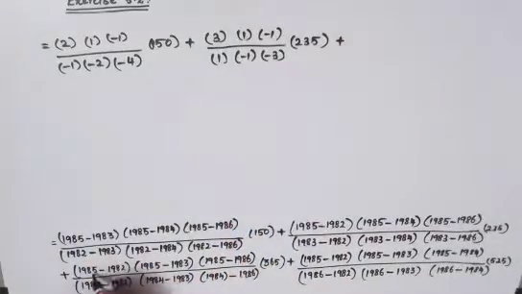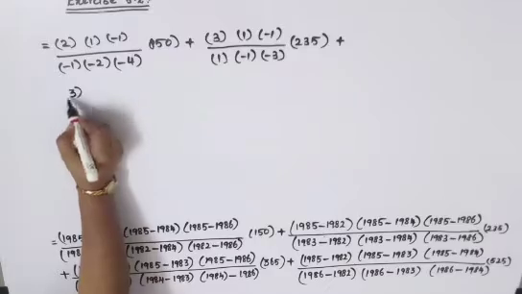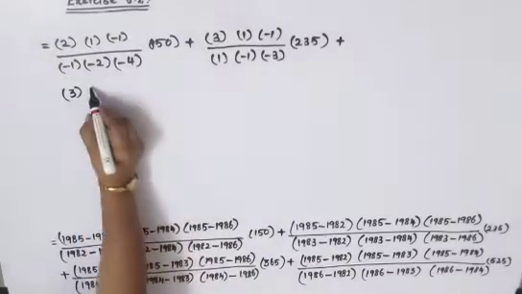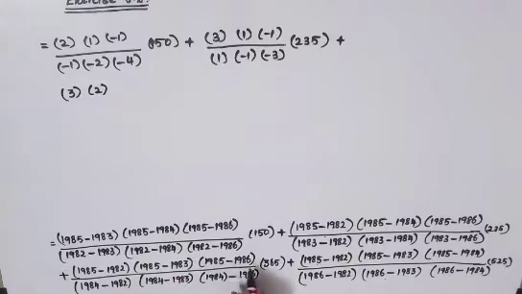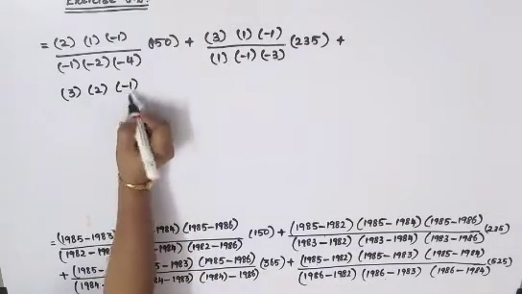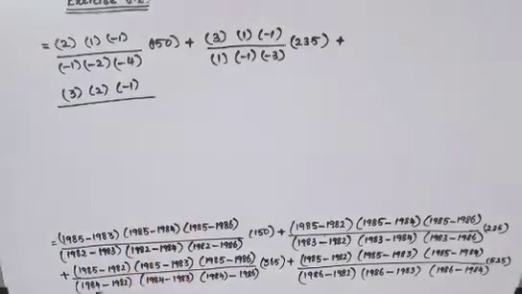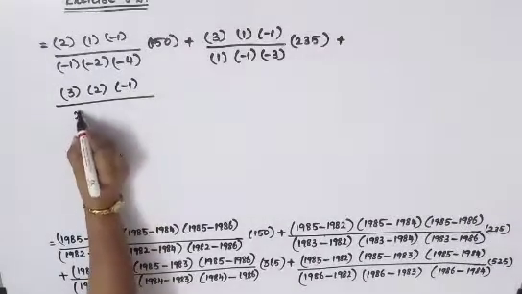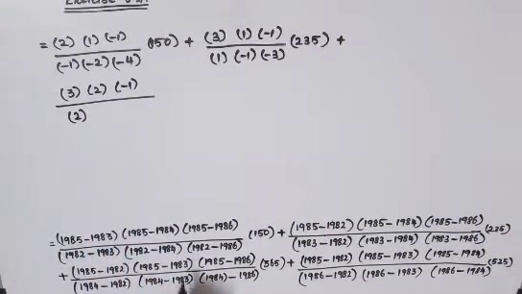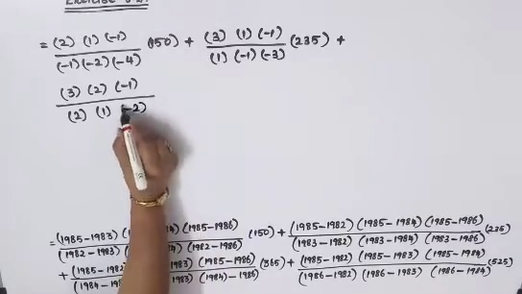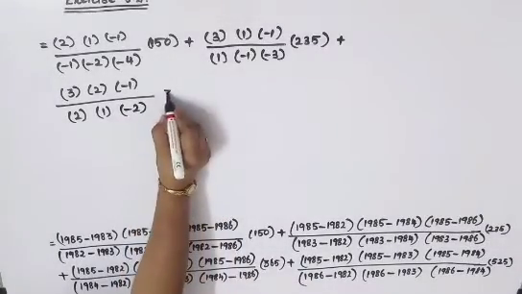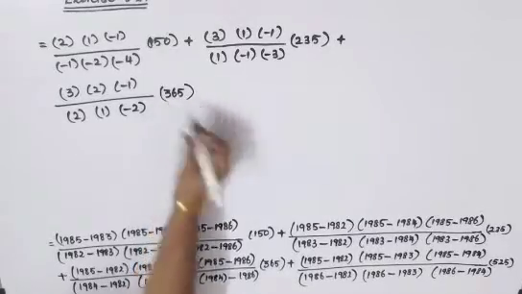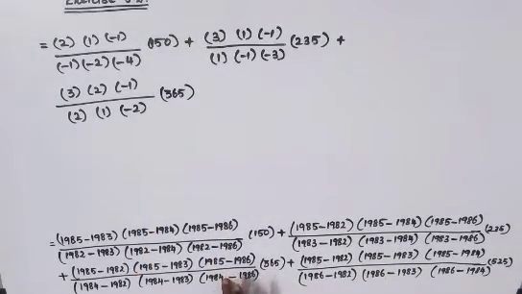plus 85 minus 82 is 3. 85 minus 83 is 2. 85 minus 86 is minus 1, divided by 84 minus 82 is 2. 84 minus 83 is 1. 84 minus 86 is minus 2, into 365. So just given one bracket extra, this will be okay. Next, plus